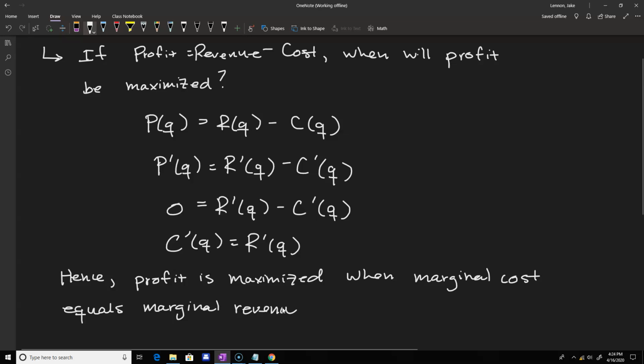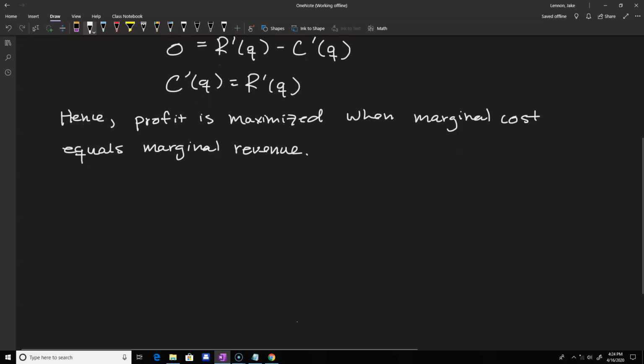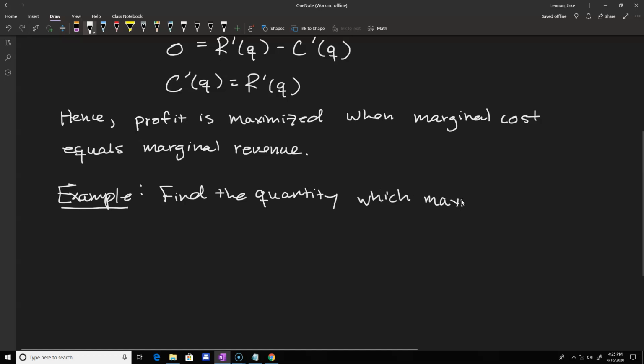There's really nothing new here in terms of math. It's just the particular setting and sometimes the language that they use in these business applications or economics applications. So let's go ahead and look at a straightforward example. Let's say we want to find the quantity which maximizes profit if the total revenue and cost are given by